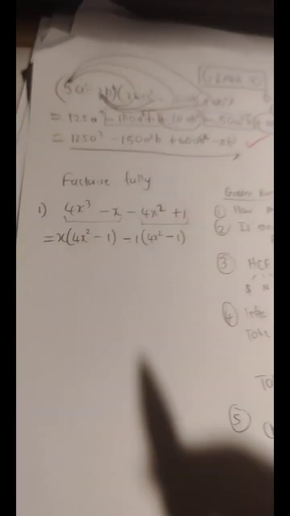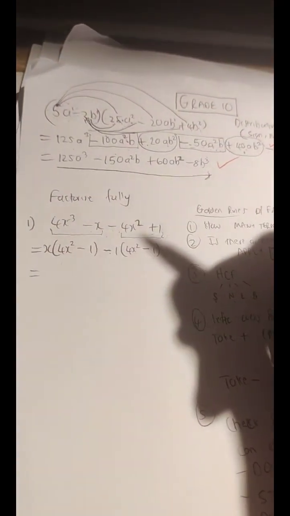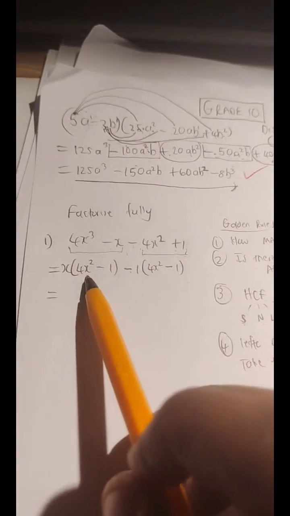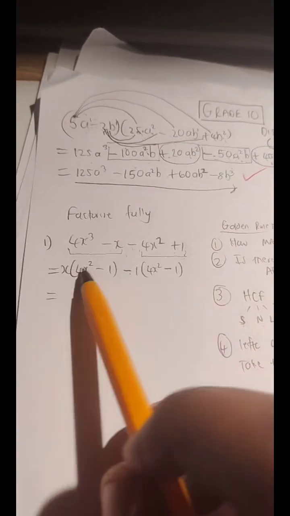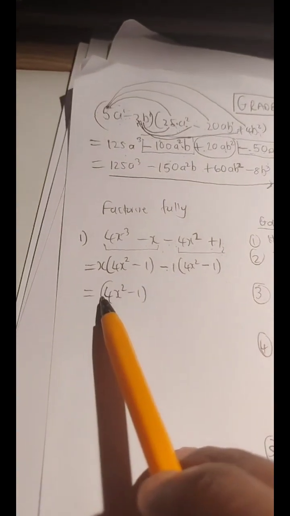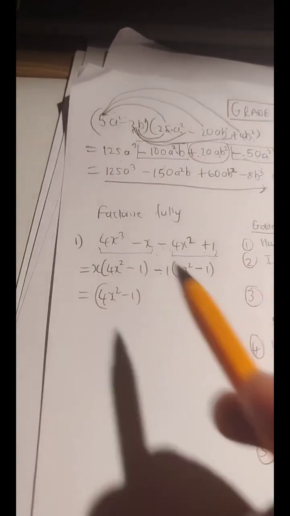Okay. So what is the common factor, guys? Sign, number, positive 1. Letter, we don't have a letter. Bracket, we have a common bracket of 4x squared minus 1 for both terms. So we are going to take out the bracket 4x squared minus 1, including the positive one, which you don't see, which is invisible outside here. Guys, the positive one is like God.